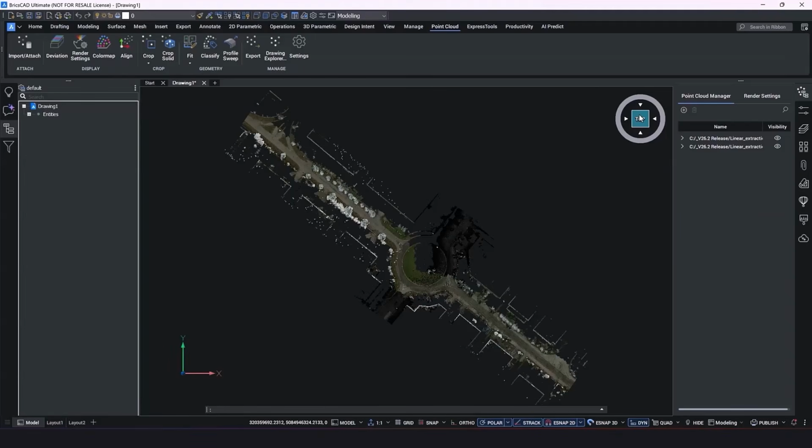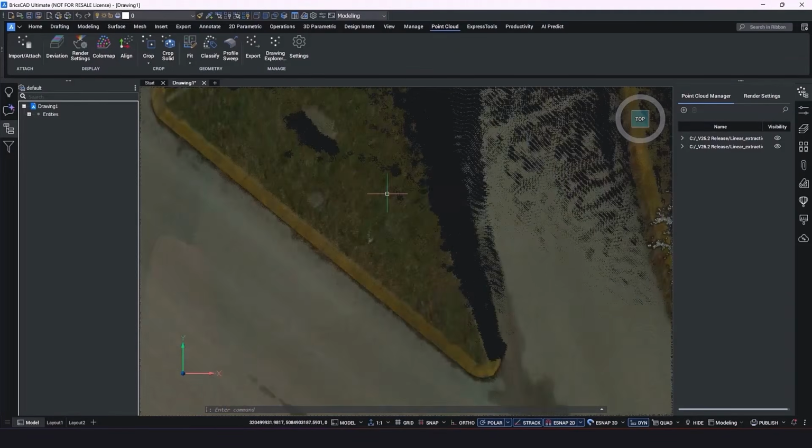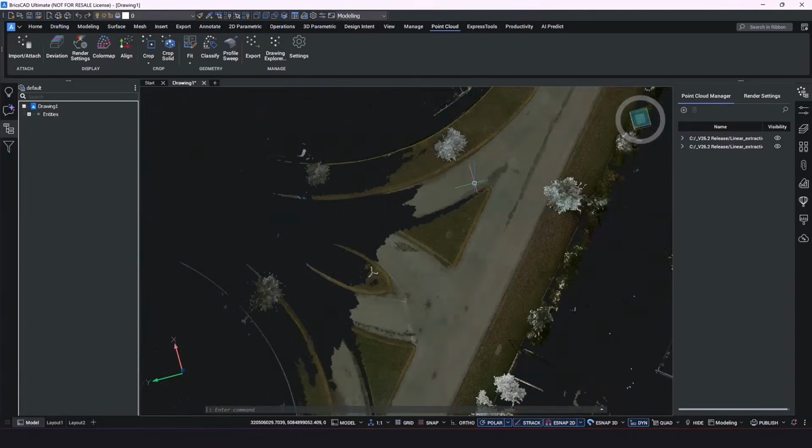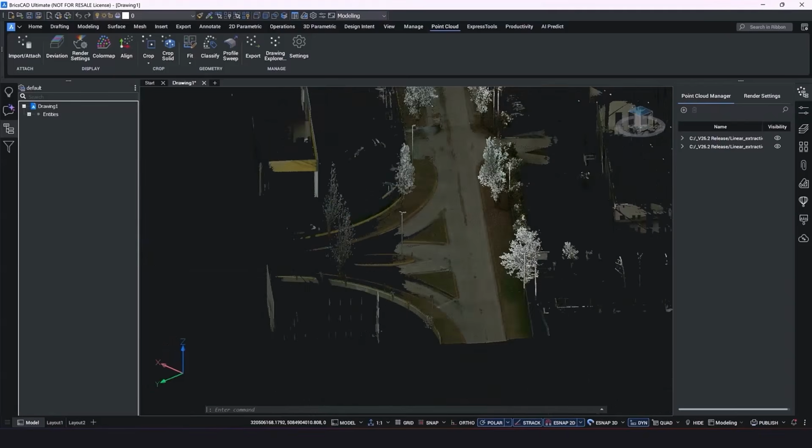So if you don't see it immediately, just hit your view cube on the top and that will zoom you to it. Let's get into these great new features for point clouds. What you want to do is you want to zoom in somewhere around here. And the workflow we're going to follow is that we're going to trace a curve. So if we zoom in, let's just zoom around this way. There we go.